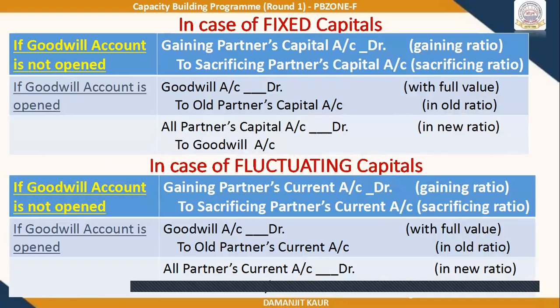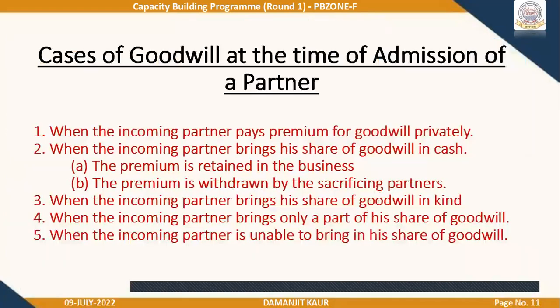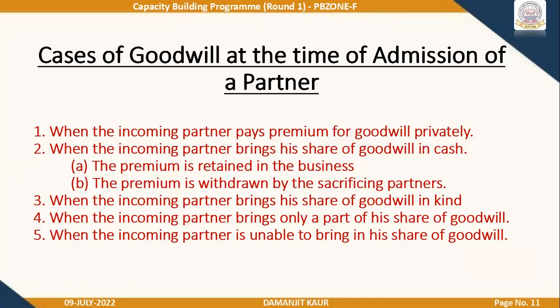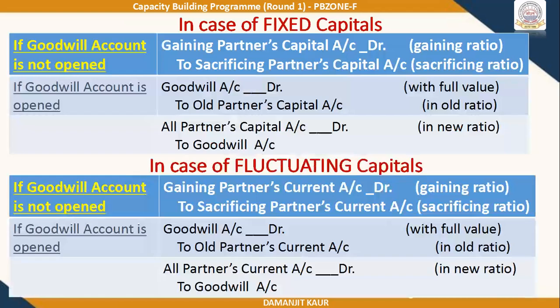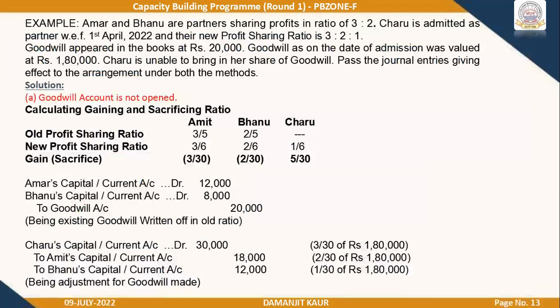If we talk about the previous three cases, the first three cases, then the entry is cash account debited to premium for goodwill, and premium for goodwill is credited to the partners' capital accounts in the sacrificing ratio. But in case number 4 and 5, when he is not able to bring in any goodwill, we will not credit premium for goodwill. So in case number 4 and 5, whatever amount has not been brought in by the new partner, for that premium for goodwill cannot be credited and further debited in the second entry. That is why the adjustment entry passes from the gaining partners' capital account or current account, as the case may be, to the sacrificing partners' capital or current account. You'll be clear with this